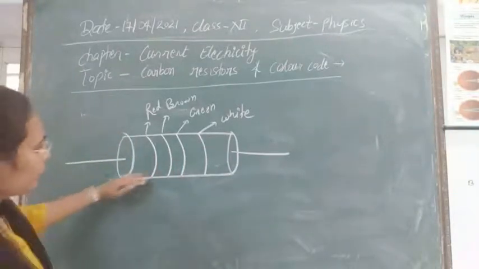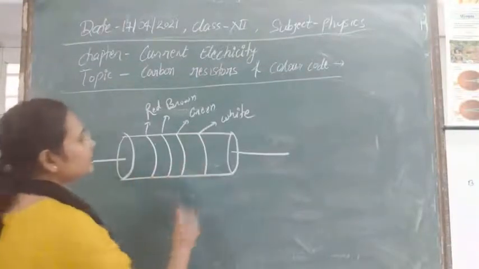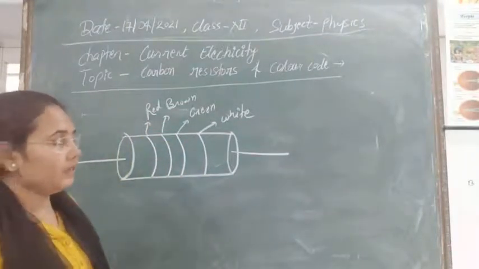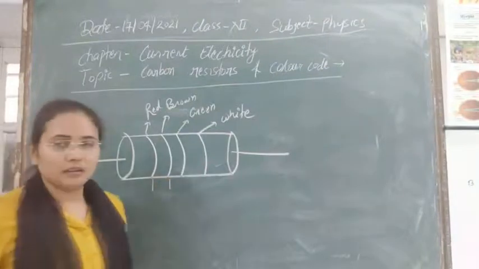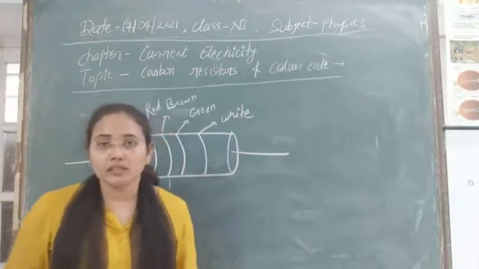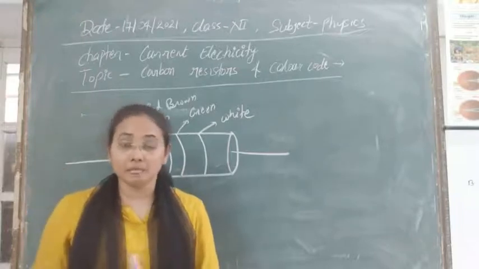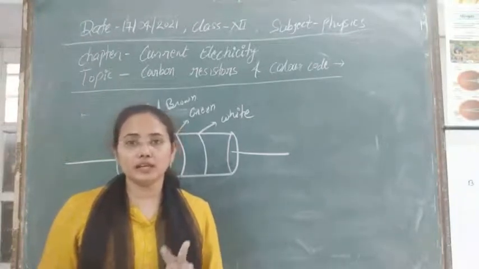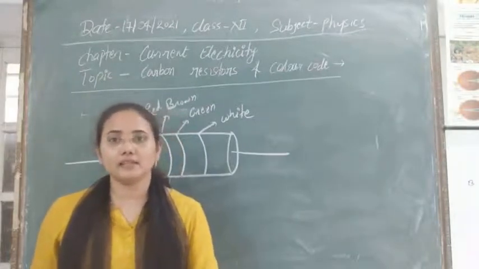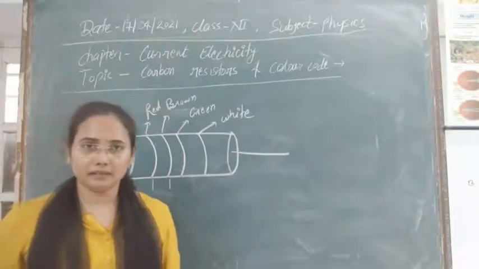So how can we find out the value now? To find out the value of the resistor, for the first and second band, we will use the number chart. I have just made the chart before. In that chart we have shown numbers and after that multipliers. So for the first two colors we will use numbers as usual. The first is called the first significant figure, the second is called the second significant figure. And for the third band, we are using the multiplier.